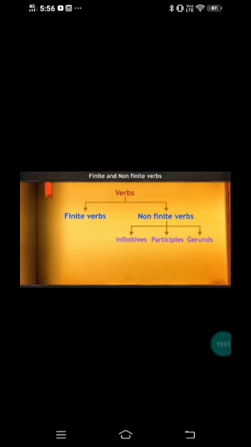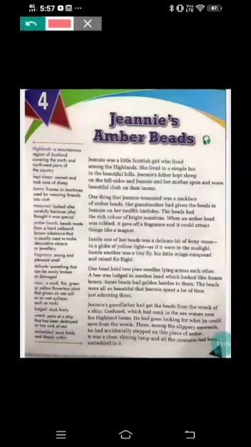Now let us try to apply this concept of verbs in the lesson. Here, Jenny was a little Scottish girl who lived among the highlands. In this sentence, what is the verb, children? Was is a verb and lived is a verb, right? So, we have learnt that